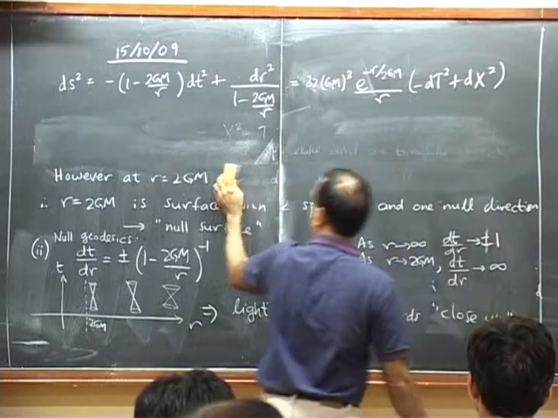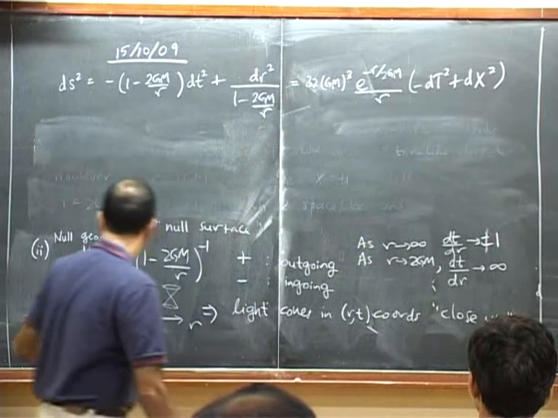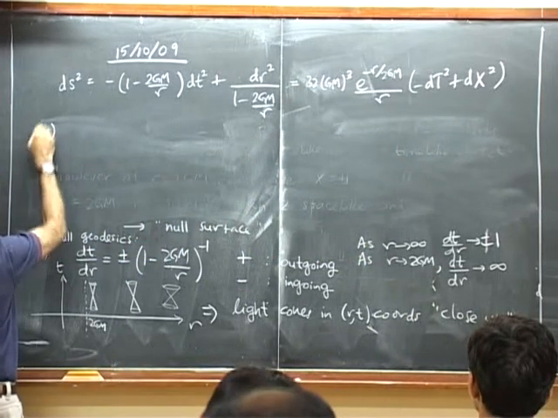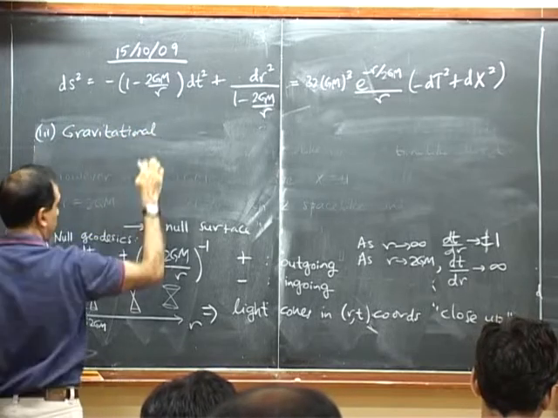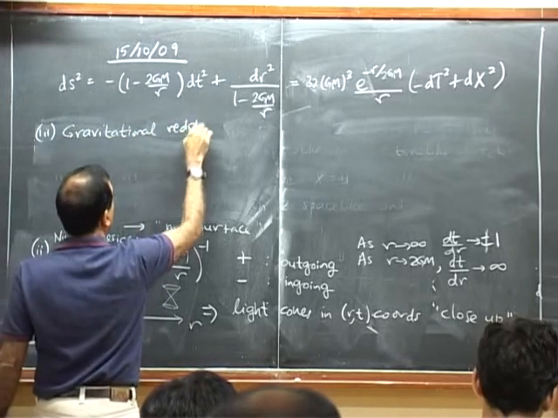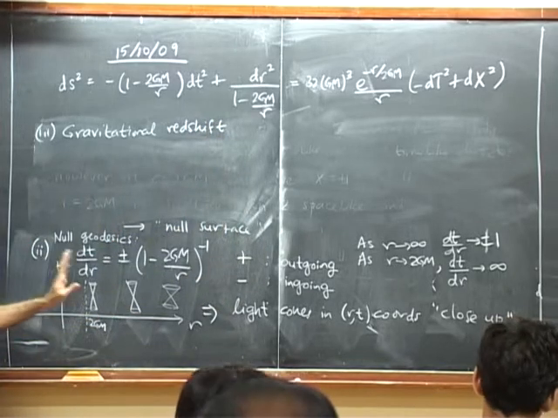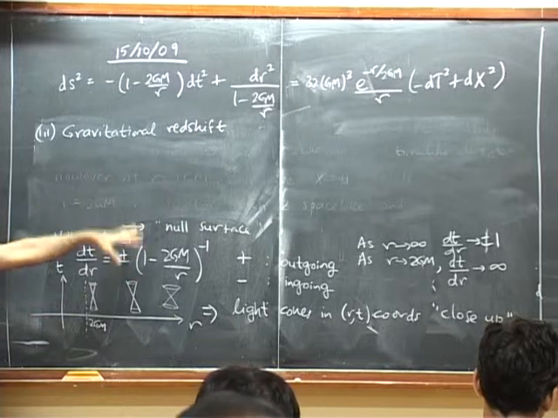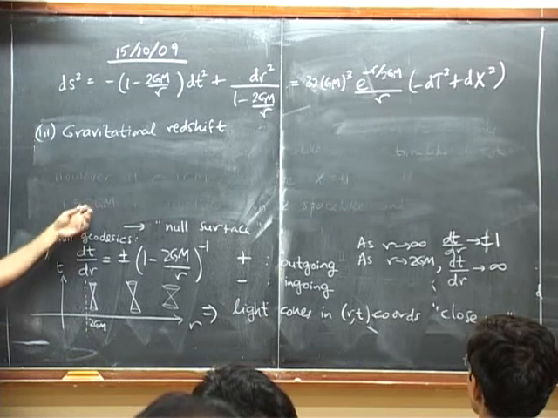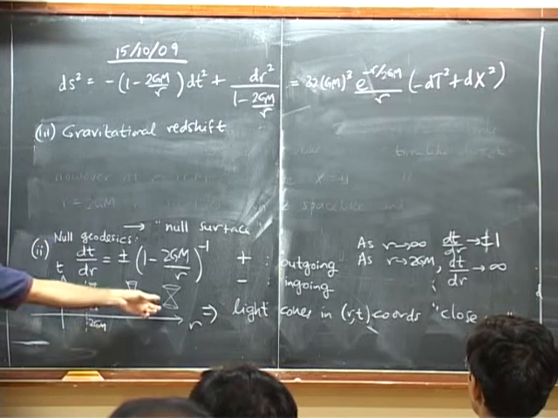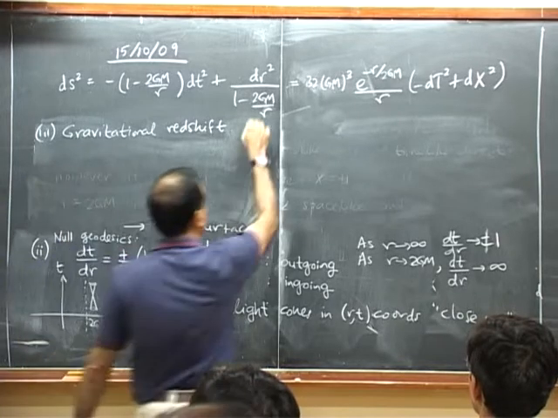Now let's relate this to another phenomenon which we've already sort of seen, but we haven't specifically described in the presence of the Schwarzschild solution, and that is gravitational redshift. Up to now these were purely mathematical statements about space-time. Now let's see what the physics is of light cones closing up or this thing becoming null. All the statements I'm making, 1, 2, 3, 4, many of them are the same statement made in some other language. The first statement was that r equals 2GM is null. The second statement was that light cones close up as we reach it. The third is that gravitational redshift gets infinite as we reach it.